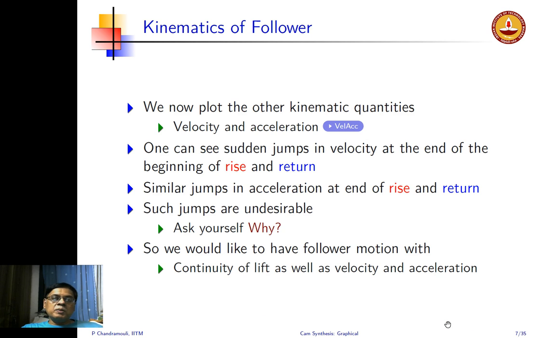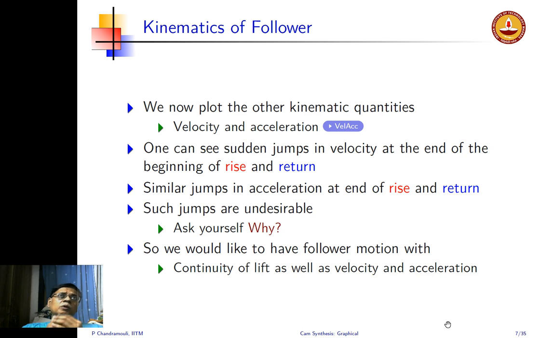and this is not a desirable thing. So such jumps are undesirable. So you have to ask yourself, why is this undesirable? So you think about it. What if there is a jump in acceleration or a jump in velocity? I will leave you to think about this while I say that look,